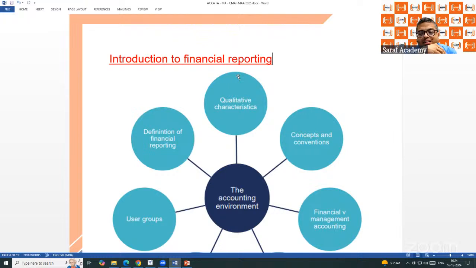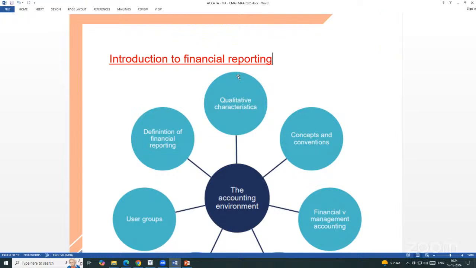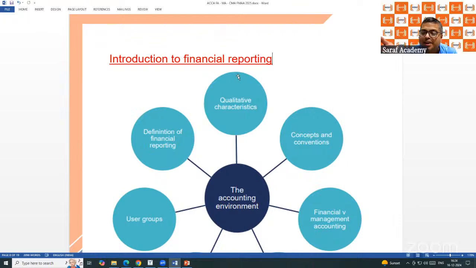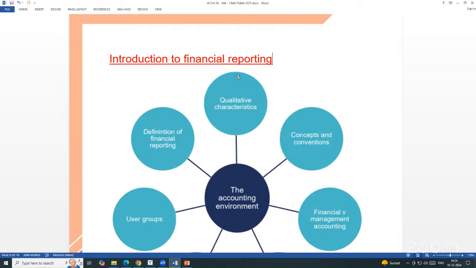Yes, sir. Because software doesn't know the accounting concept, and we know. Then how are they preparing the accounts, sir? They know the concept, but we need to give guidance. When the software is prepared, the developer also needs the accounting concept.